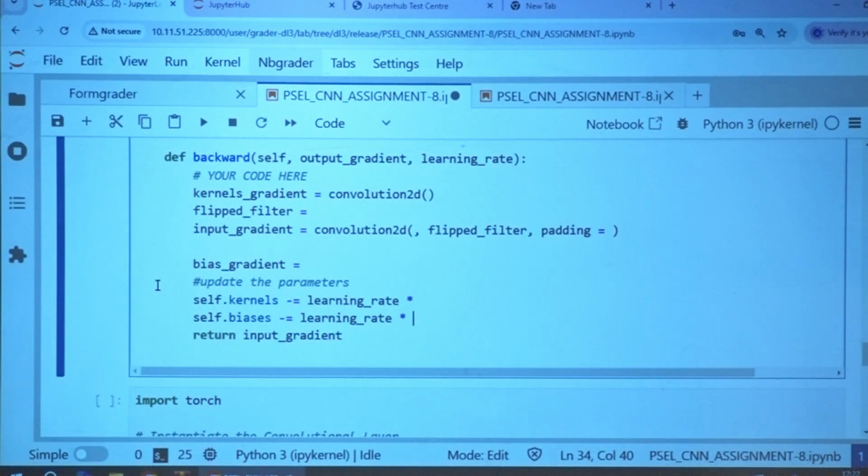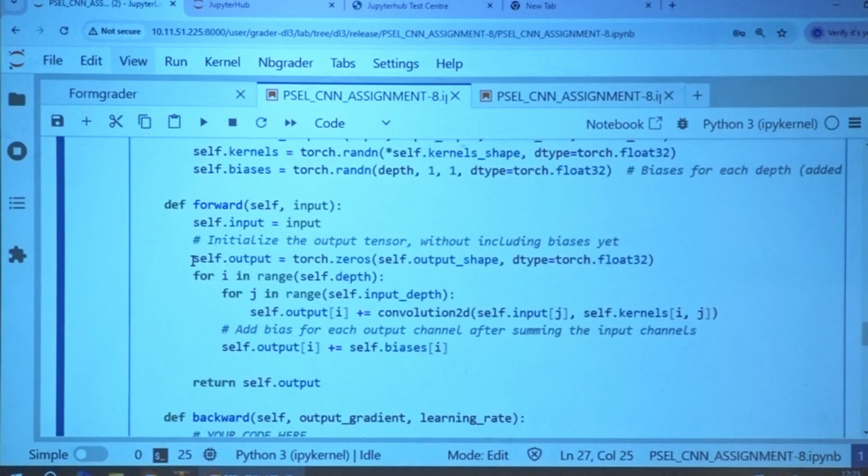Anybody? Anybody able to complete? If you ask me where you are starting, I can help you and guide you. Are you able to complete this step, the kernel's gradient? However you are doing the forward pass, the same way you are supposed to do the backward pass. Loop over the number of output channels.